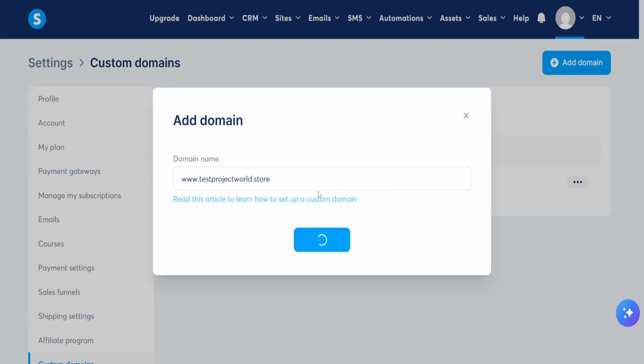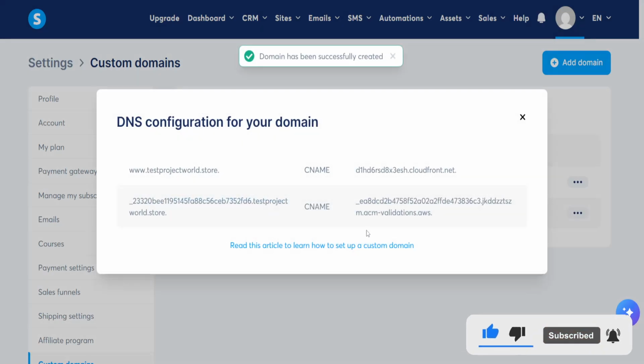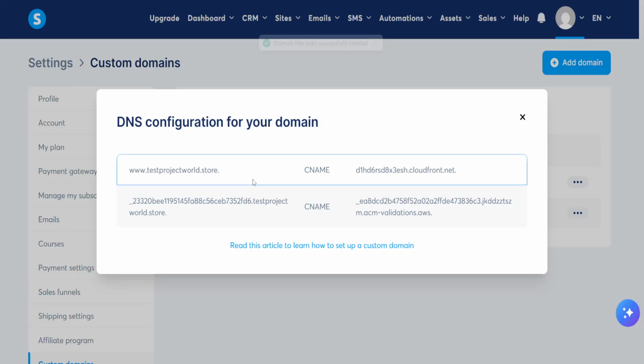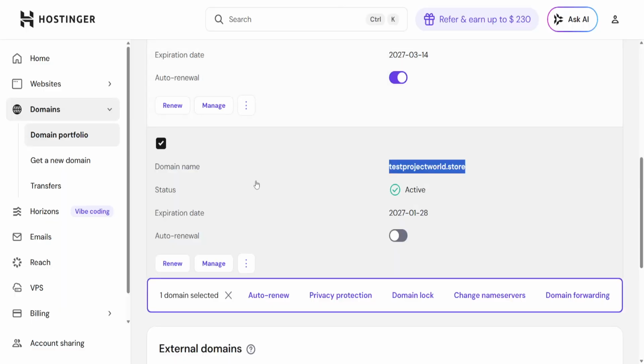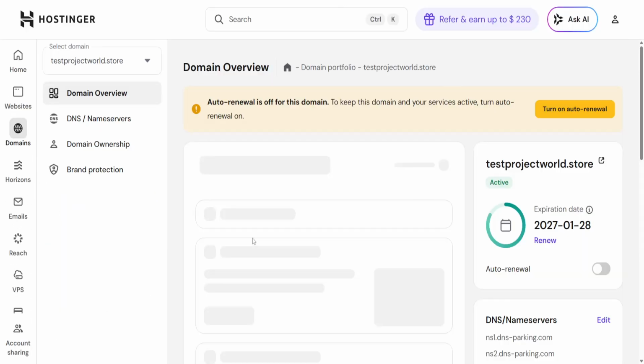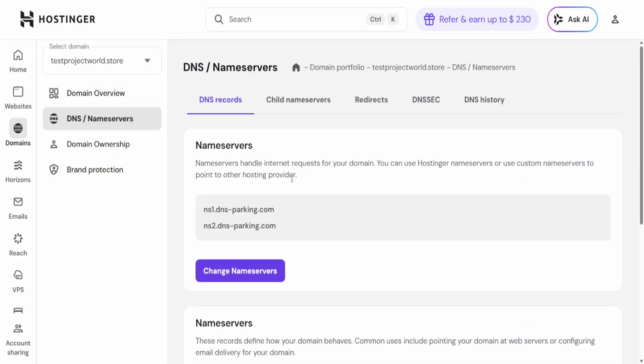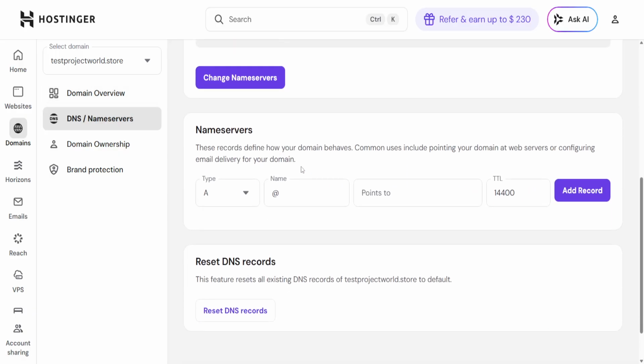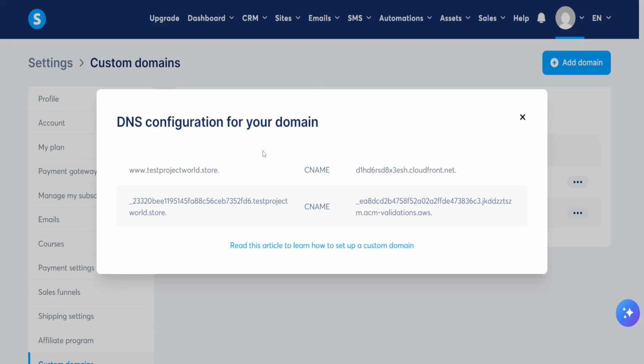Okay, so once you click on save here, it is gonna show you how you can connect it essentially to System.io. So we're just gonna wait for this. Okay, so we need to add this. So just like that, we will need to go into Hostinger, then click on manage for the domain which we just copied, go into DNS/name servers, scroll down, and you will need to add CNAME,